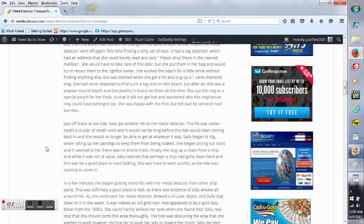Just offshore, at low tide, Sally got another hit on her metal detector. The hit was underneath a cluster of small rocks, and it would not be long before the tide would start coming back in, and she would no longer be able to get at whatever it was. Sally began to dig while rolling up her pant legs to keep them from getting soaked. She began prying out rocks, and it seemed to her that there was no end to them. Finally, she dug up a chain